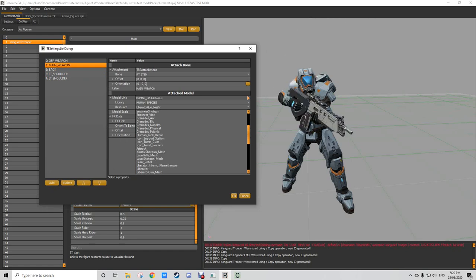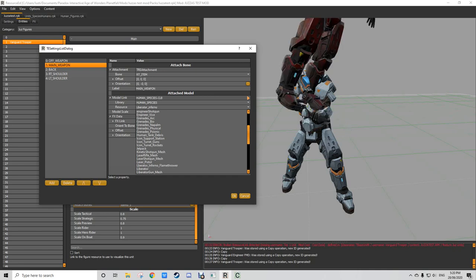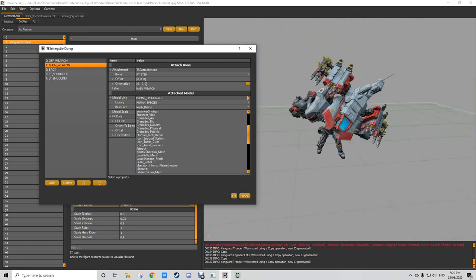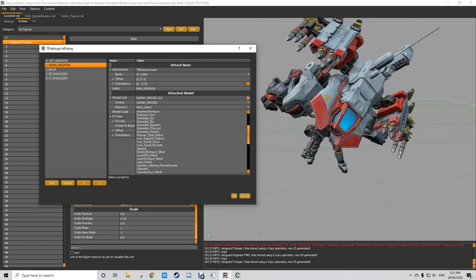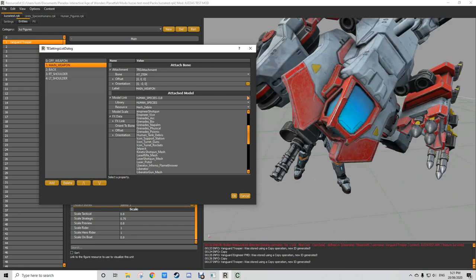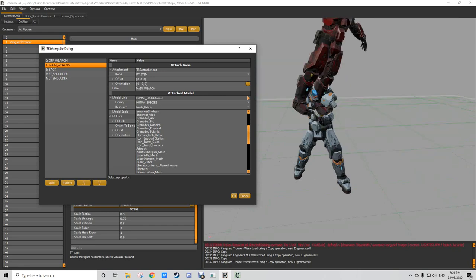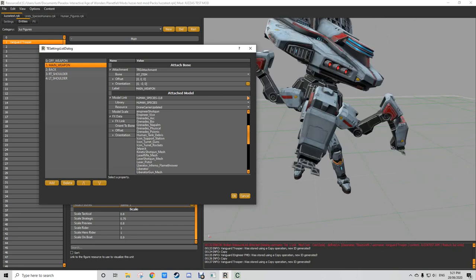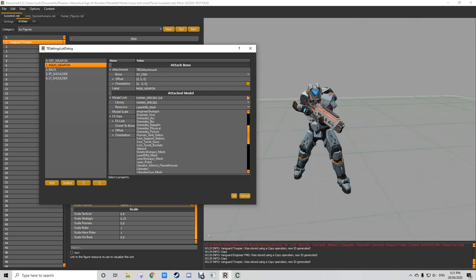So this is looking at the human species, so it's going to have everything in the human species, from guns to other models. See, it's got the mech model there, which we obviously don't need. You can search through this alphabetically, or you can just skim through it like this. This is the laser rifle. I'm not going to actually give him the laser rifle because I'm going to do something a little more complicated,